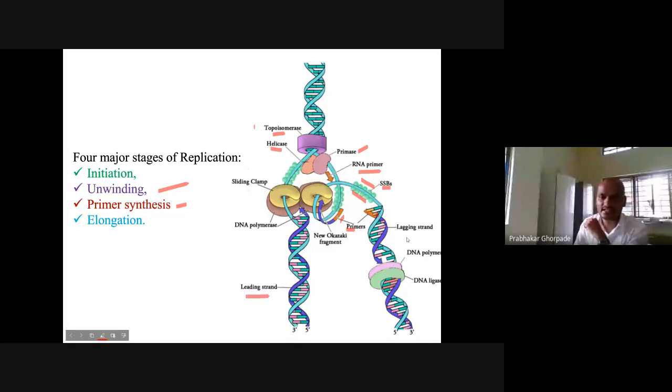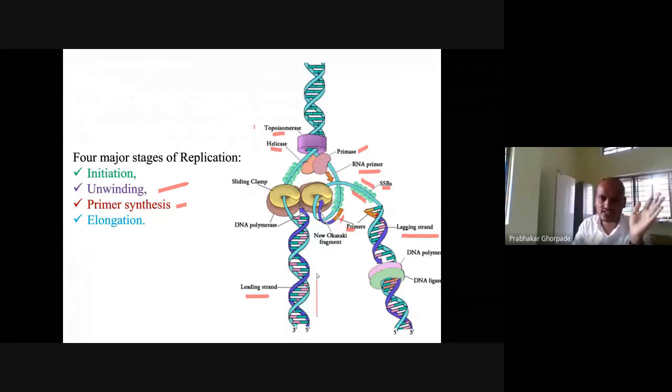So, leading strand, lagging strand. Why are we calling it a leading and lagging strand? If this replication is happening, the leading strand is going in the direction of the replication fork movement. So this strand is going in the inward direction. This strand is opening, and it already has the single-stranded DNA available.